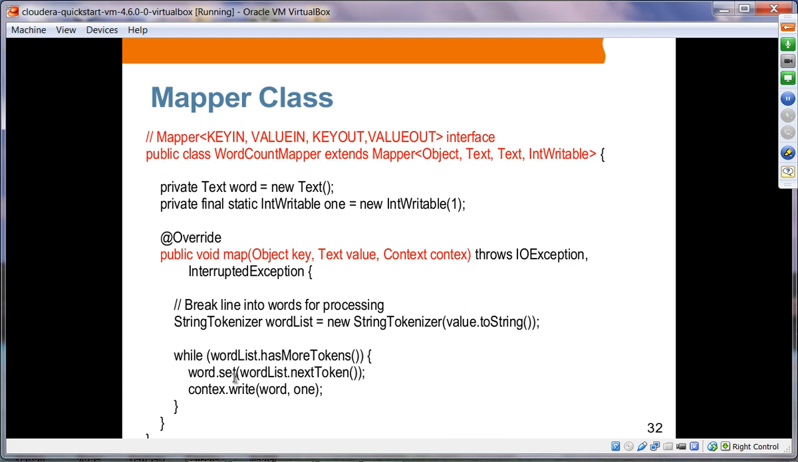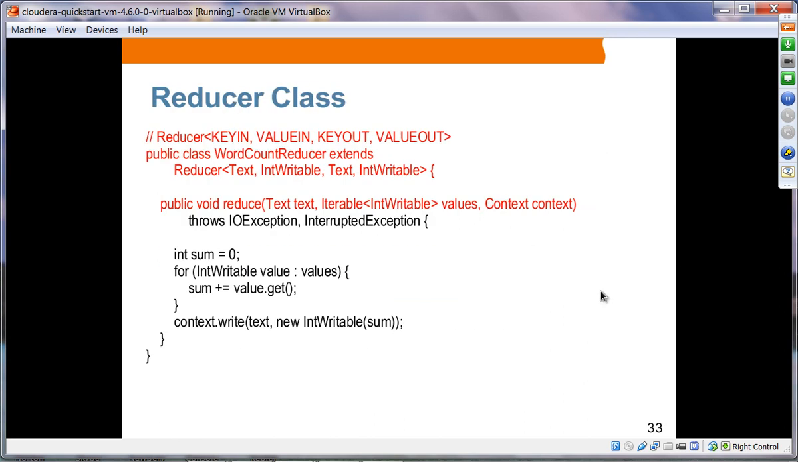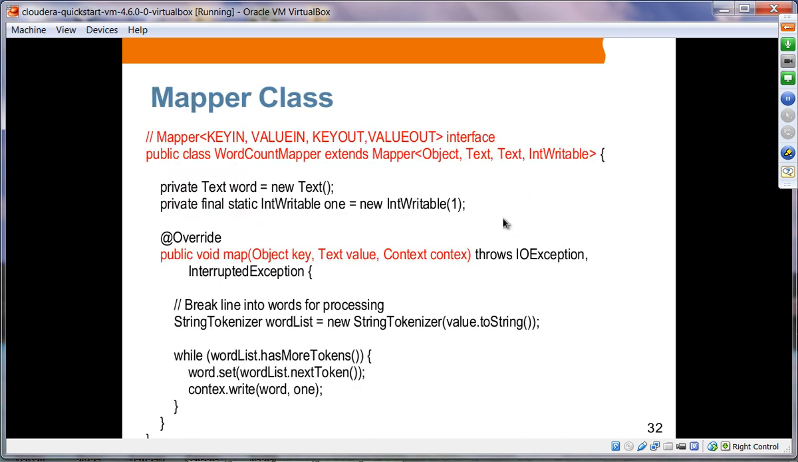We are going to generate an output. So basically, the output is going to be a key value pair. The key is going to be the word, and the value is the constant value of 1. By the way, IntWritable, these are not really Java types. This is actually Hadoop's version of the int type. All right. So this is the mapper class, which is generating a list of words, and the value is always 1